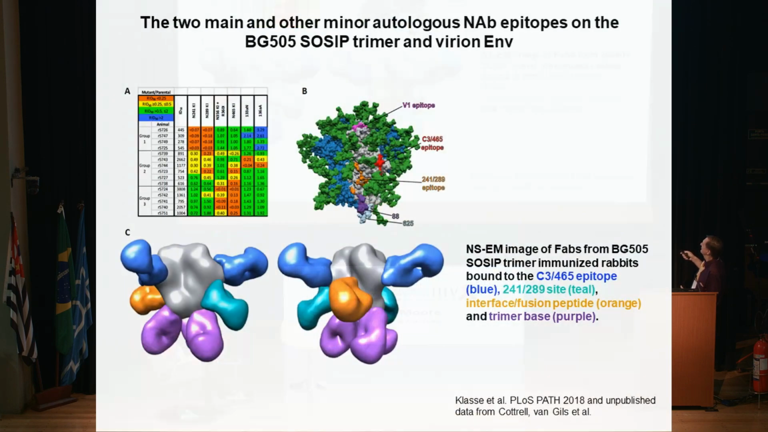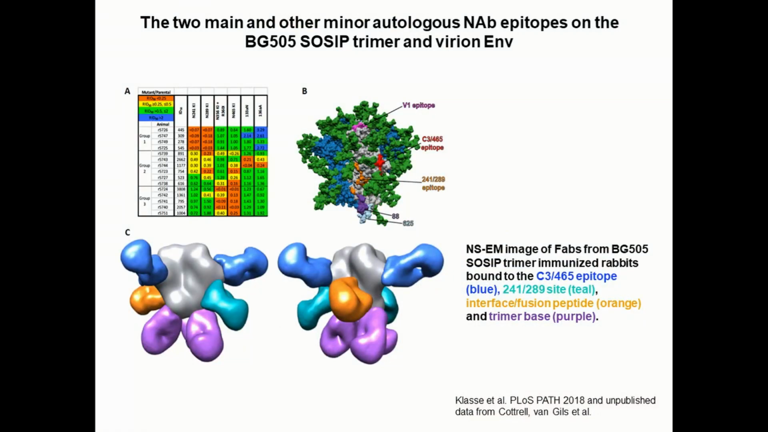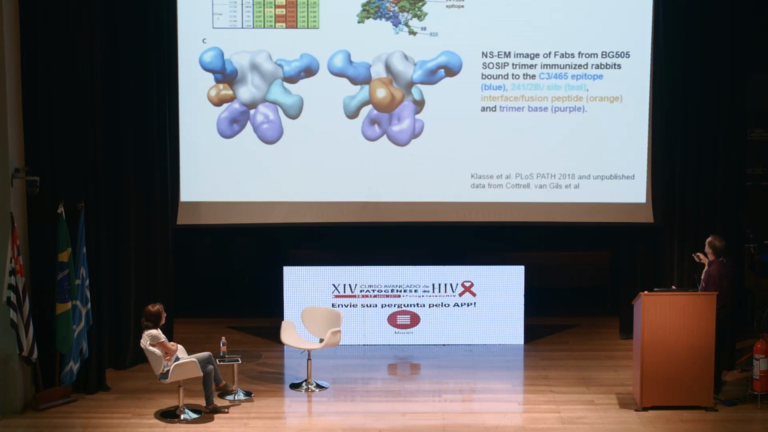There's another site we call C3/465. Another group now calls it C3V4, but they've made monoclonals to this site. A few animals respond to V1, but this is all mapped data. So these are Fabs that bind to the C3/465 site or the 241/289 site, antibodies to the interface fusion, and these